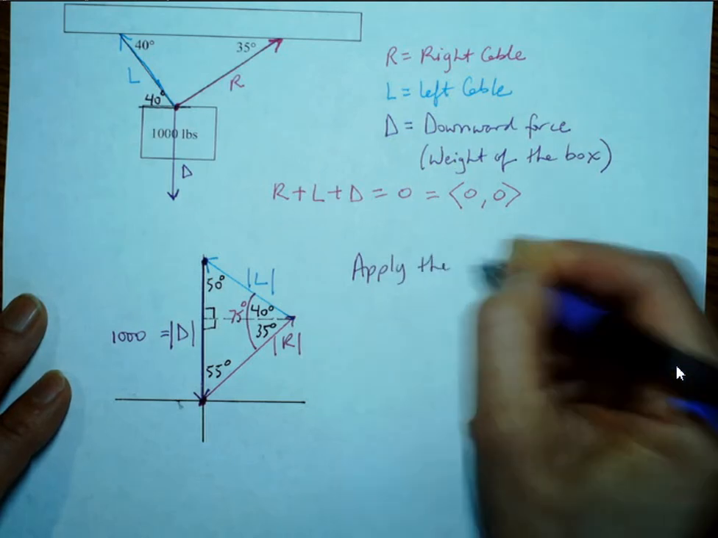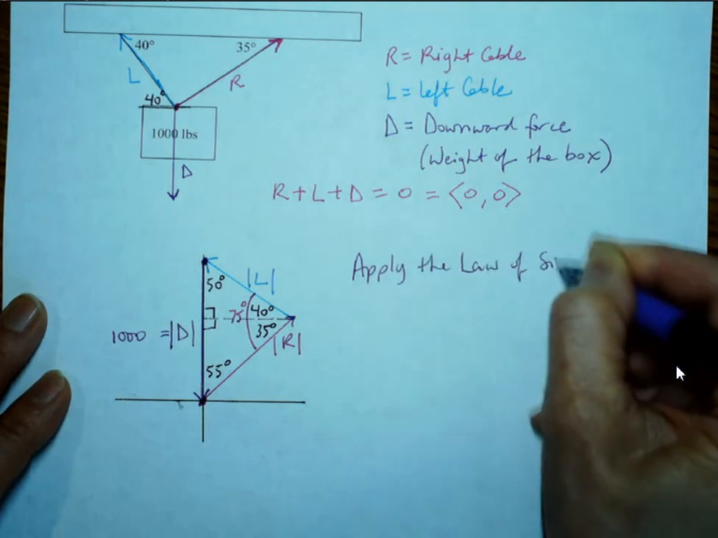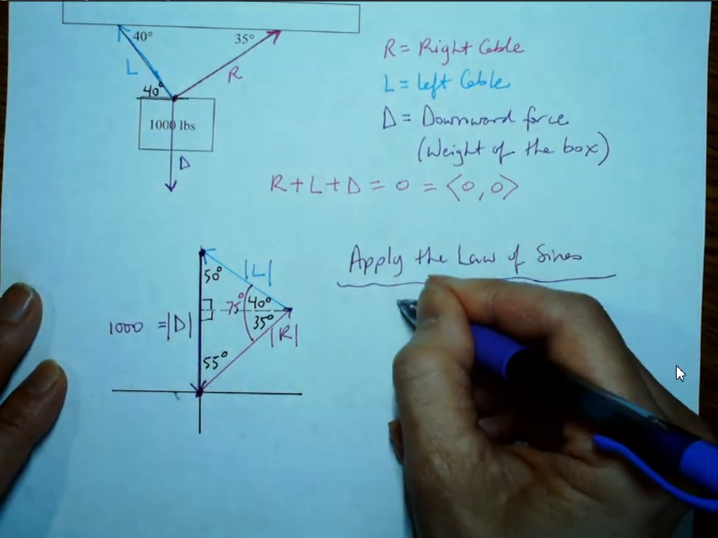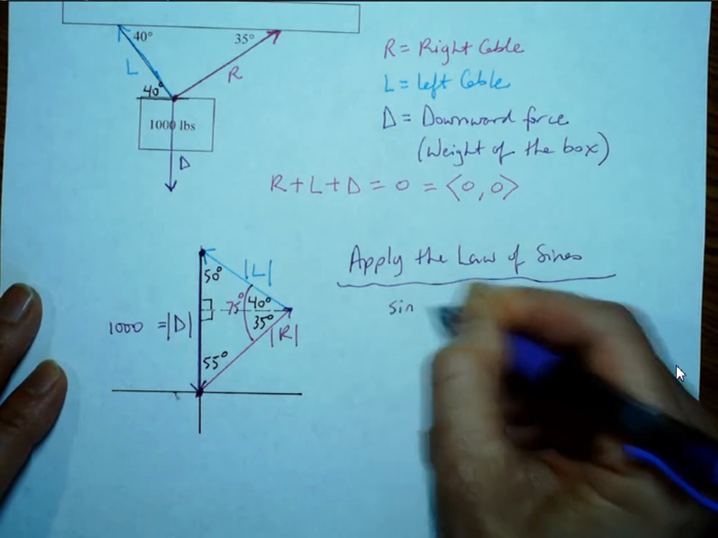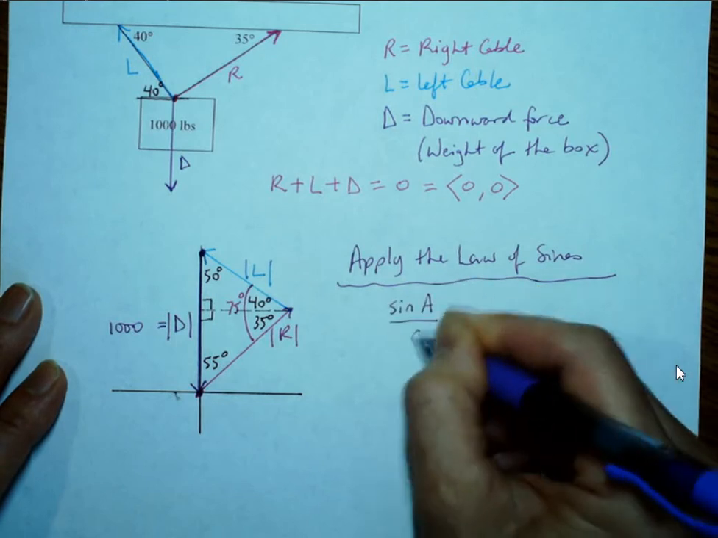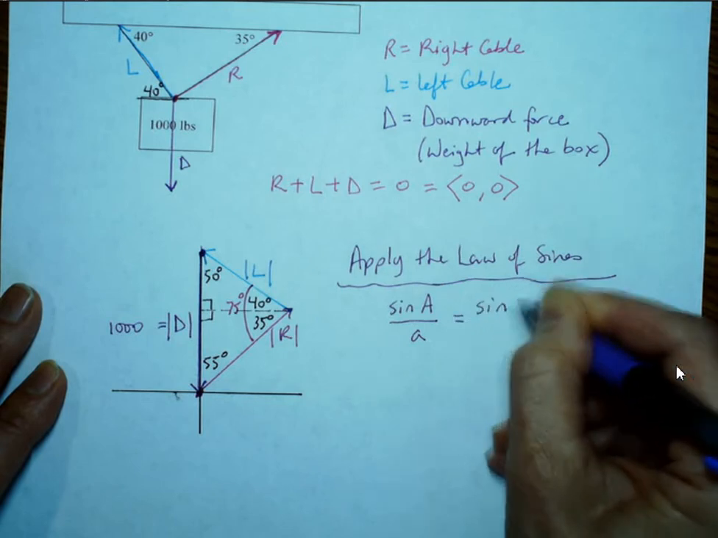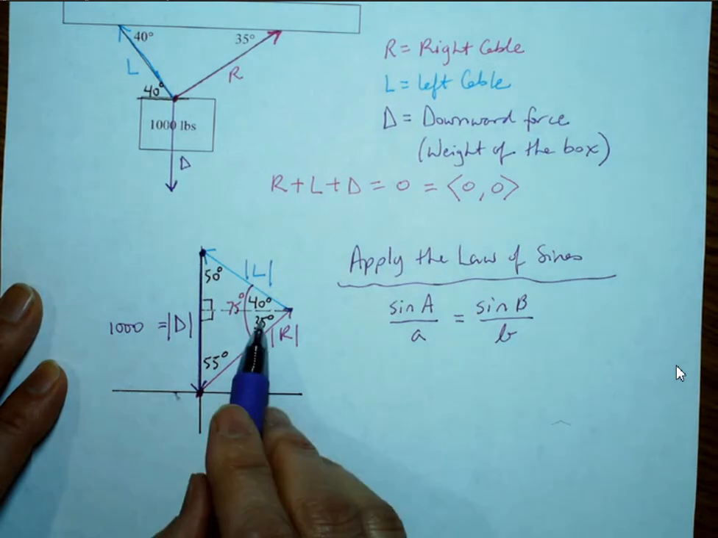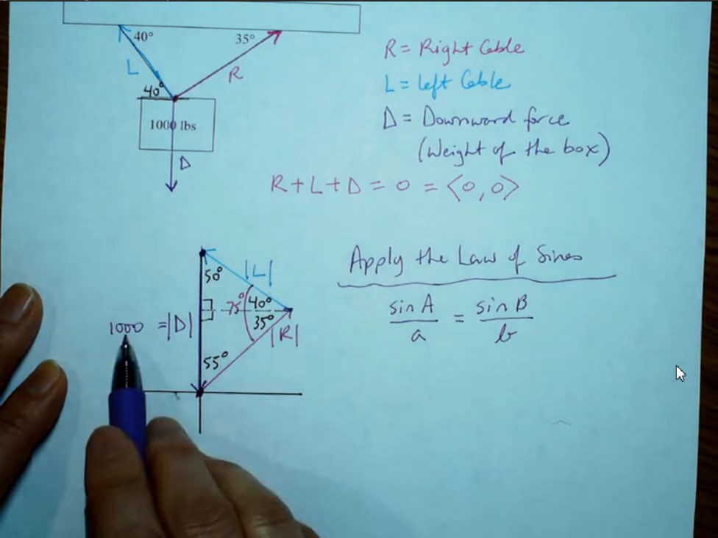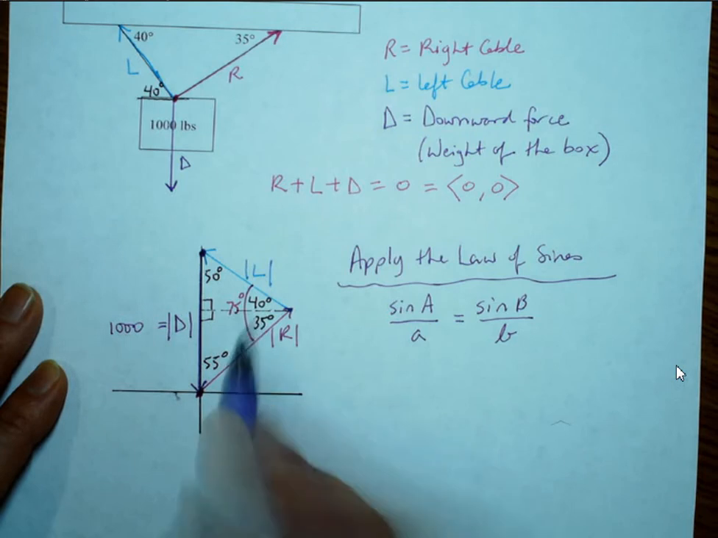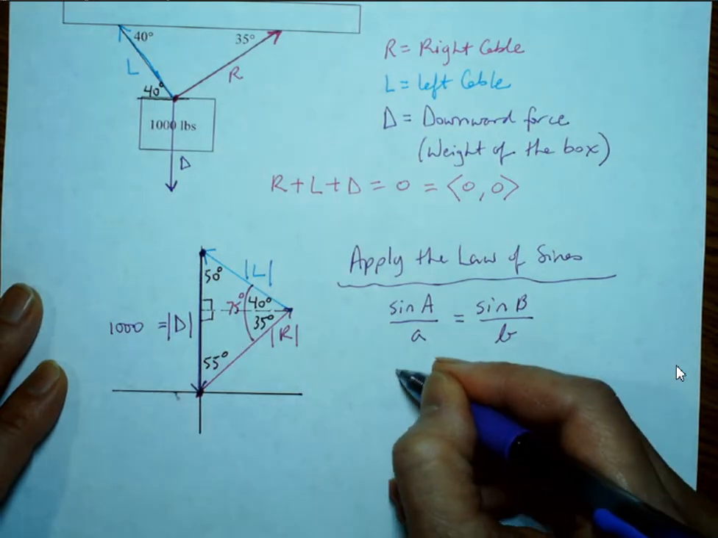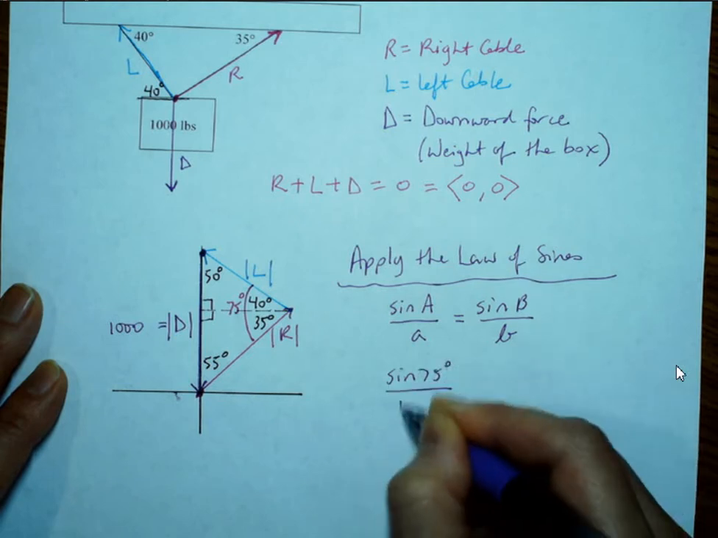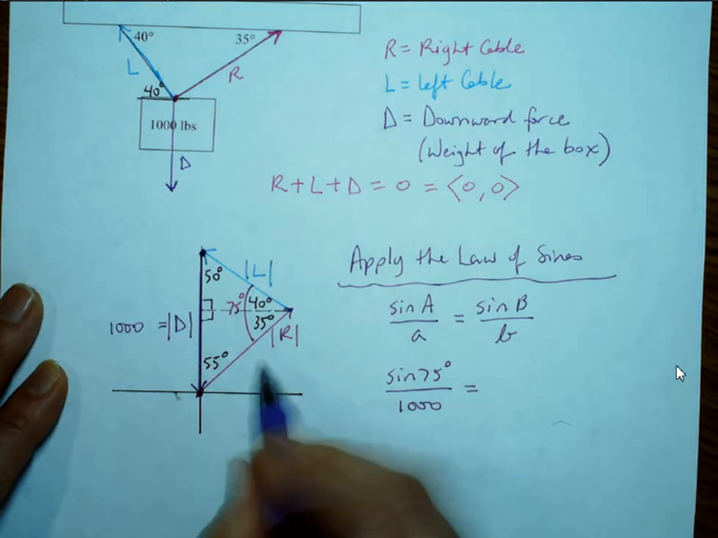Apply the law of sines. And if you recall that, basically it states that if you have a sine of a certain angle, and then the side opposite that is equal to the sine of another angle divided by the side opposite that. Alright, so for our purpose, we're going to be using the side opposite is 1,000, and so the angle that goes with it is 75 degrees. So then that's going to give me sine of 75 degrees divided by 1,000, and that is equal to